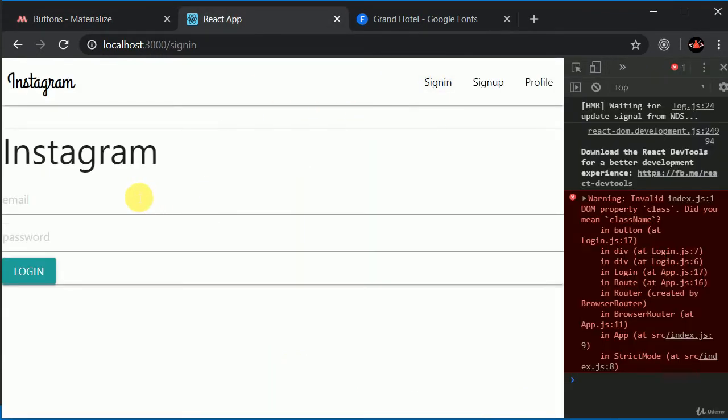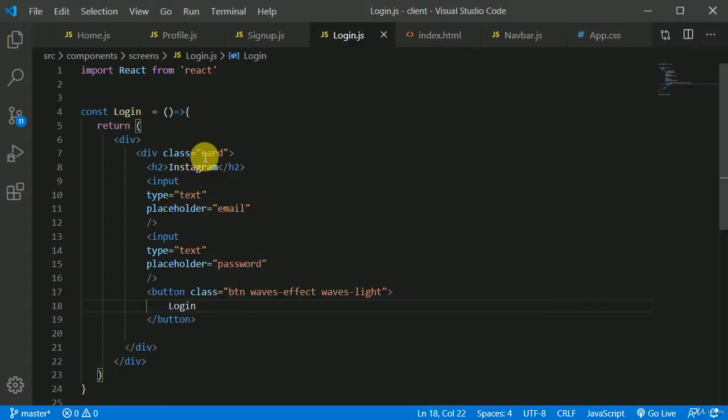So it is looking decent, but first we have this error in here because I need to write className instead. Okay, and I will give this div a class name of my card because I'll be giving it a little bit of style. And I will give this maybe a class of auth card.